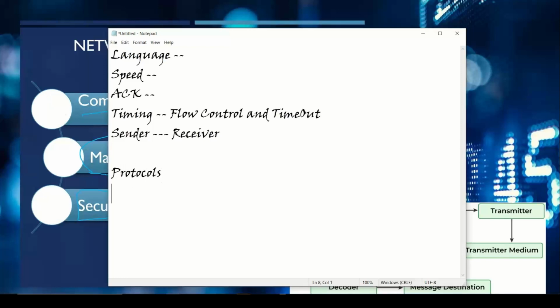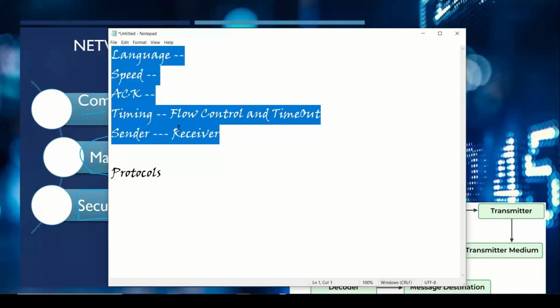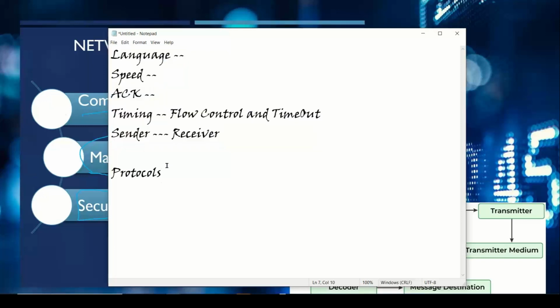protocols. Okay, let's understand the same above aspects from the network point of view. So even in the network protocol, we are defining the rules and conventions for the communication to happen between two different devices or multiple devices, right? So there should be a common language, common aspects between these different systems. So in network aspect, these five important stuffs can be called out this way.